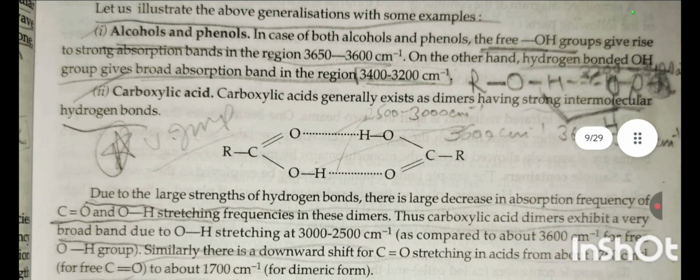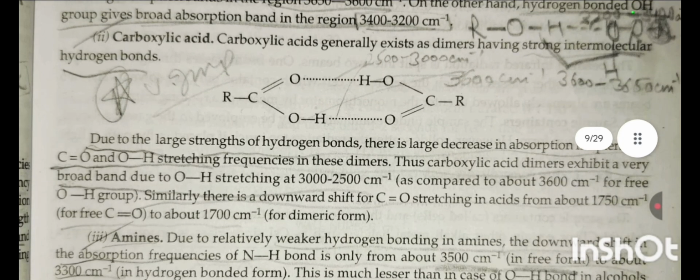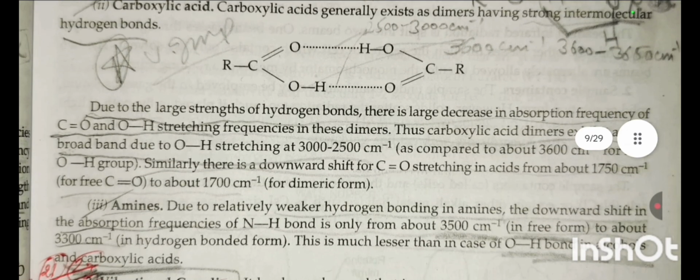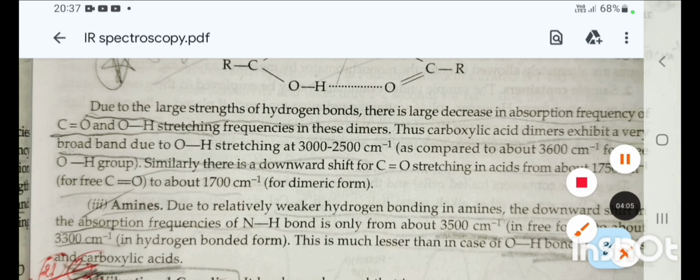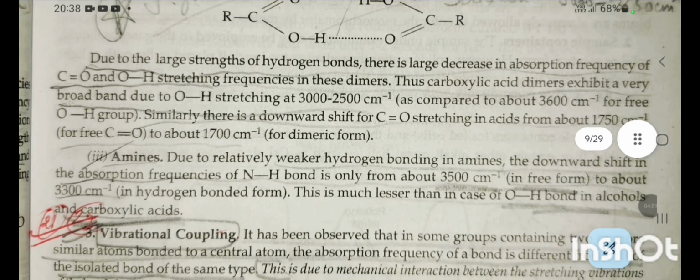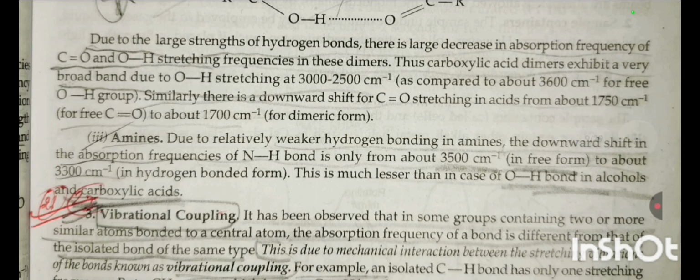Carboxylic acid. Carboxylic acid generally exists as dimers having strong intermolecular hydrogen bonds. Due to the large strength of hydrogen bonds, there is a large decrease in absorption frequency of the C=O and OH stretching vibration frequencies in these dimers. Thus, carboxylic acid dimers exhibit a very broad band due to the OH stretching at 3000 to 2500 centimeter inverse, compared to the free OH group. Similarly, there is a downward shift for C=O stretching in acids from about 1750 centimeter inverse to